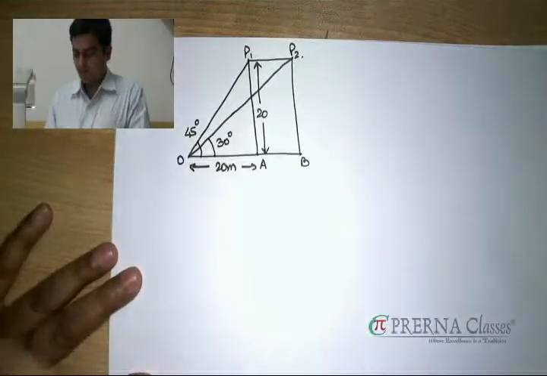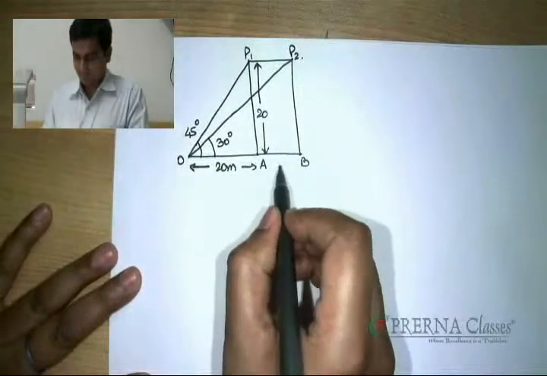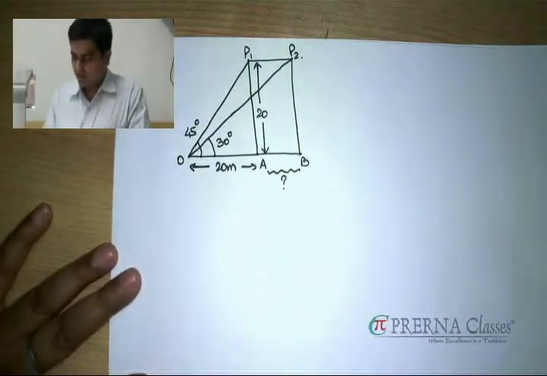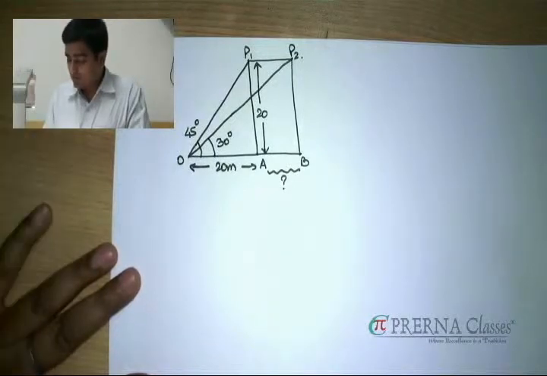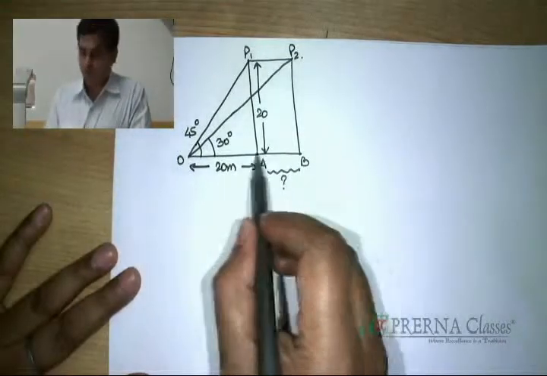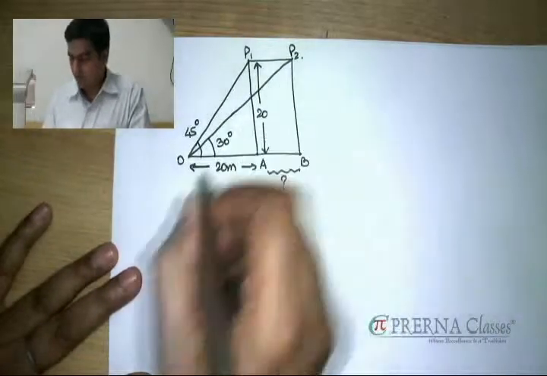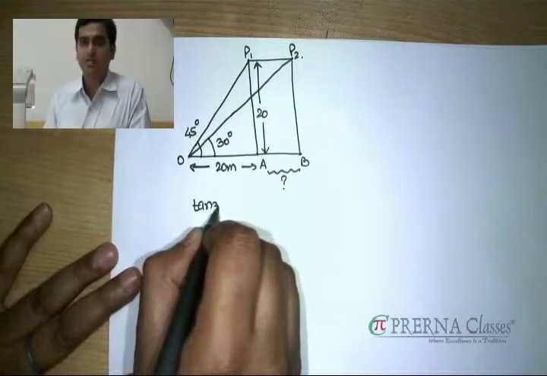Okay, the next problem is related with height and distance, where we have two situations given with different inclination. Two dimensions are given. All you need to do is figure out this distance. That's what is going to be the speed also, because the duration taken in that instant is 1 second.